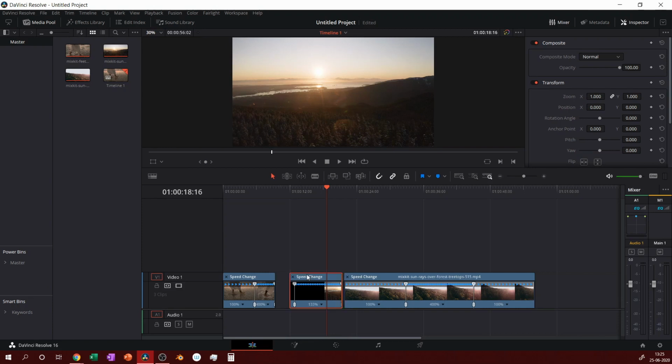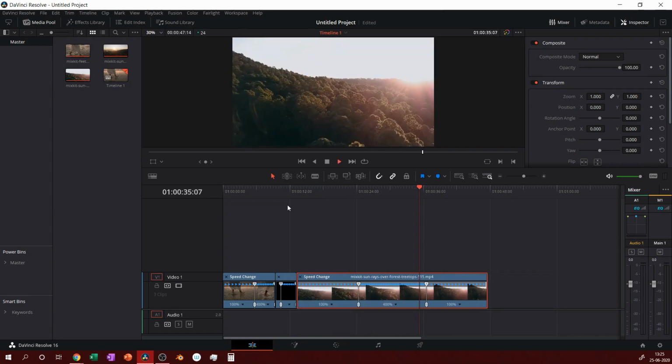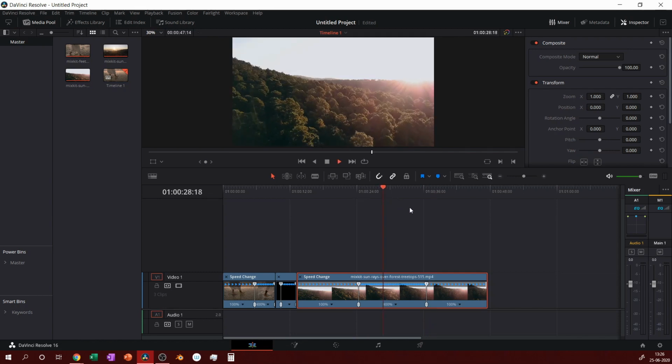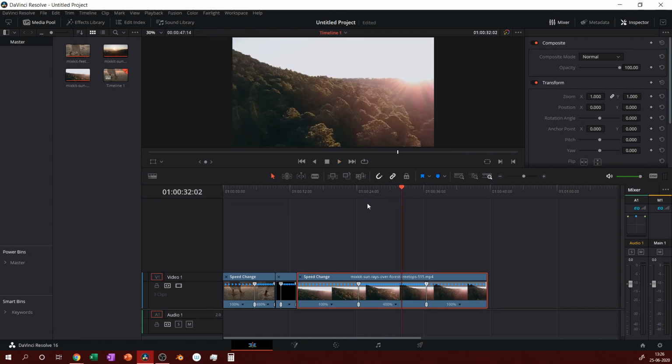Yeah, this should be fine. I'll just make this faster. Now, as you can see, this is kind of choppy. That isn't necessarily a problem. That is just because my system is kind of low spec. That's why it's having some time rendering this. But if you have a decent system, then this should be fine for you.